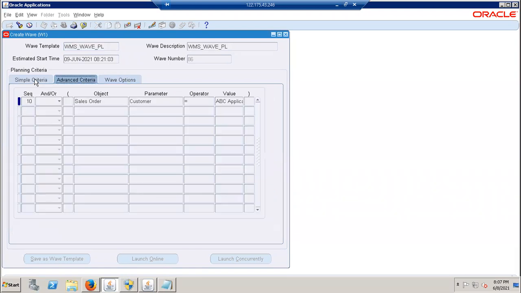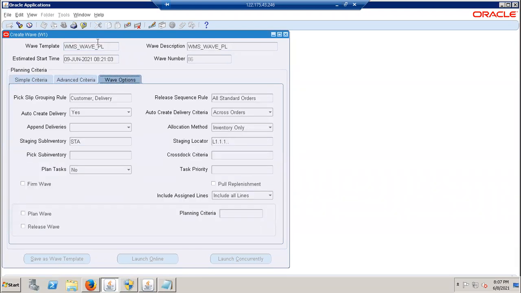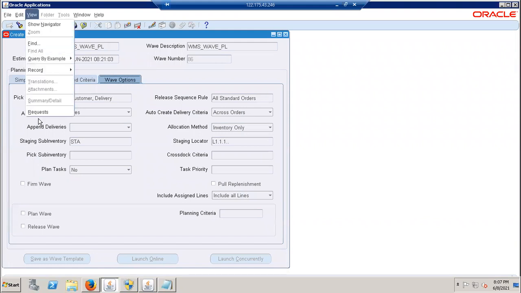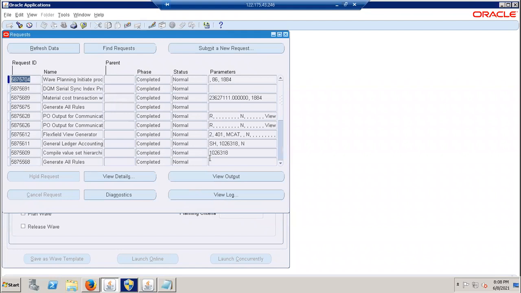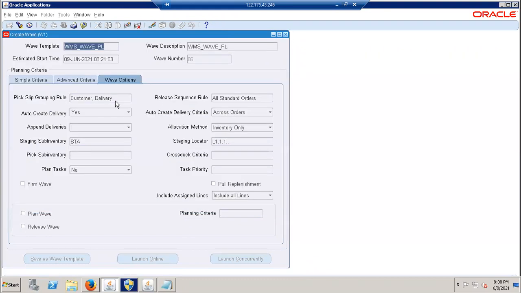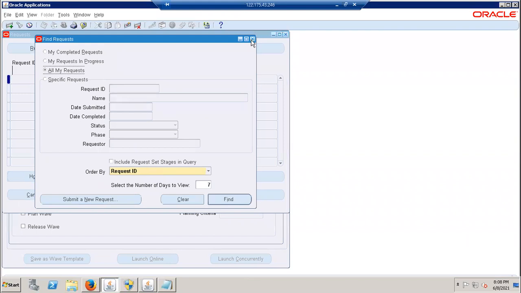Okay, that's fine. Go to view first and find. View request. Okay. We got our wave number as 86. Okay. Just 85, right? Yeah, 86. Copy that number. No, copy that wave request name. Oh, request name means this one, right? No. Go to view, request, and find.